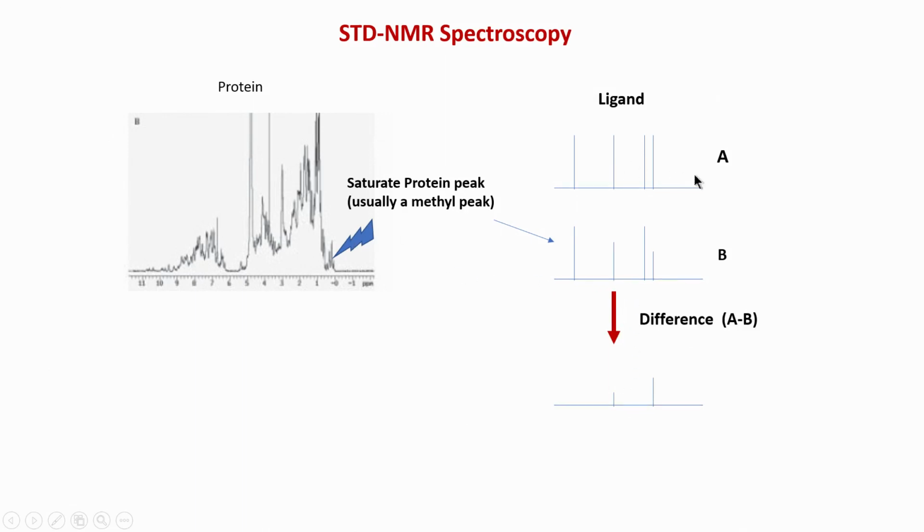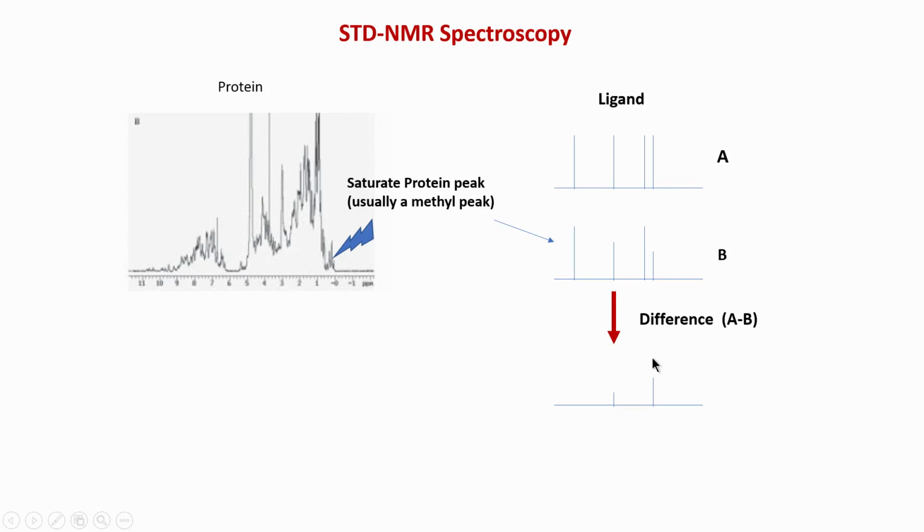Not all ligand peaks may be affected, because again remember proximity is the key here. The ligand proton should be close in space to the protein signals or protein hydrogens. If they are not close by, that irradiation will have no effect. So, suppose there are some protons of the ligand which are close to the protein protons, that is methyl protons, they will be affected, that means their intensity goes down here and here, but the remaining protons of the ligand will not be affected. So, if I take a difference or subtract, I will get the peaks of the ligand which are bound to, or which are close to, the methyl peak.